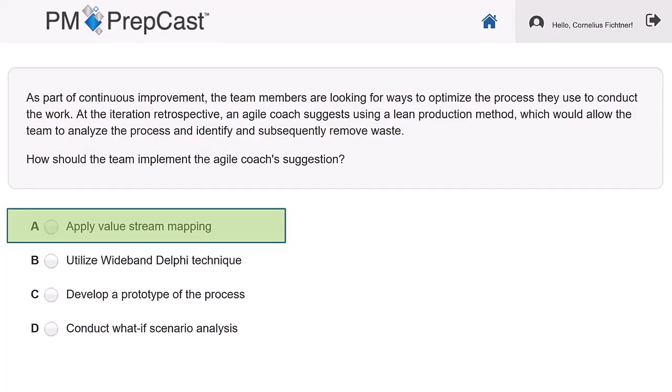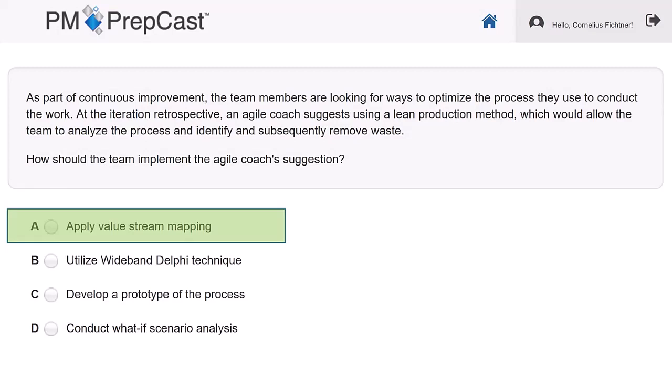And we as prudent project leaders have to do this in order to manage our projects effectively. Process tailoring can be used to optimize the processes for the needs of the project and the team. And agile teams, like the ones that are described in this scenario here, often use value stream mapping.